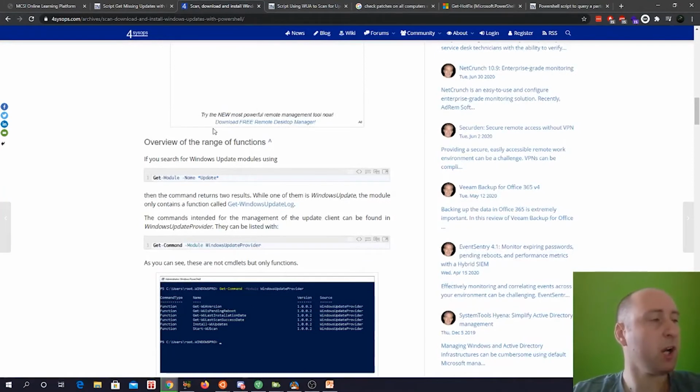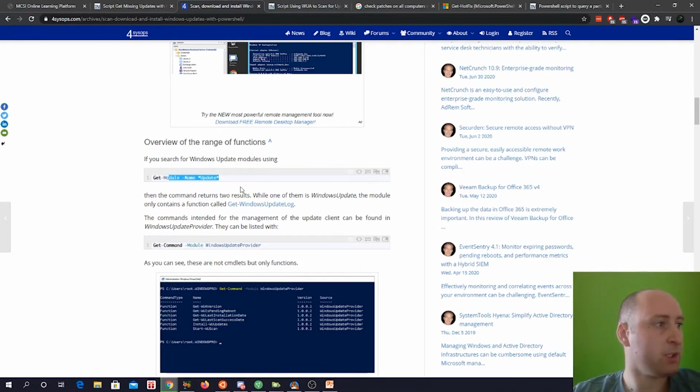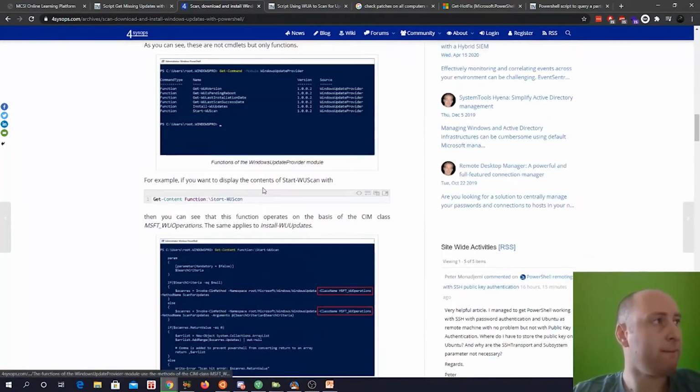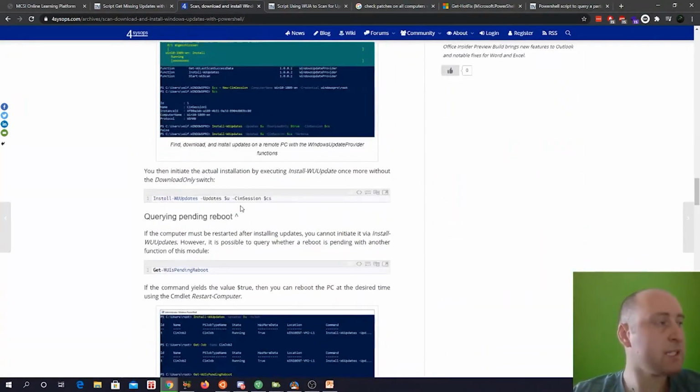So it even goes and breaks down what the functions mean overall. So Get-ModuleName update. Then it will get the Windows Update Provider, that's WUP. And it just breaks down each of the functions and the statements, and it will turn into a huge function, I'm assuming. So this is really useful to understand what you need to do to understand how to